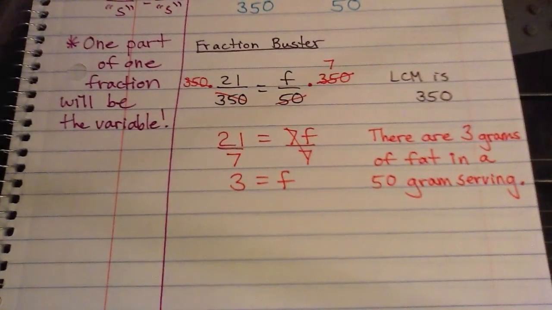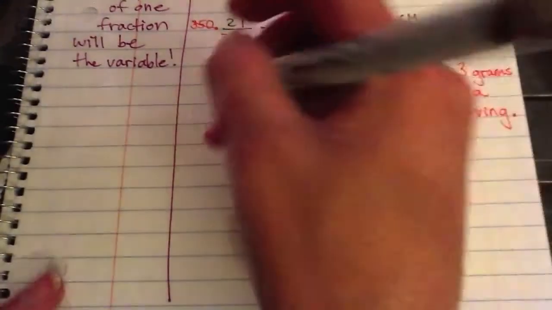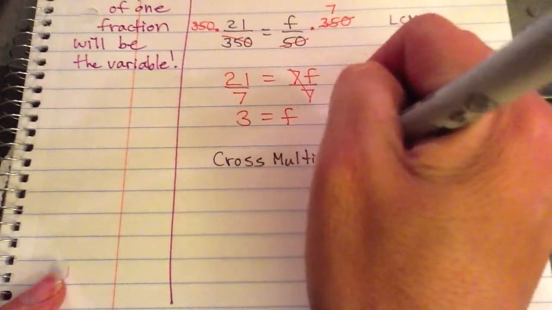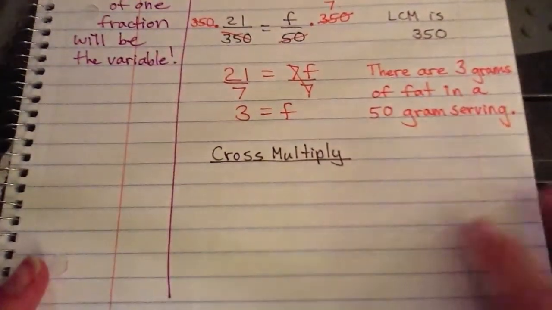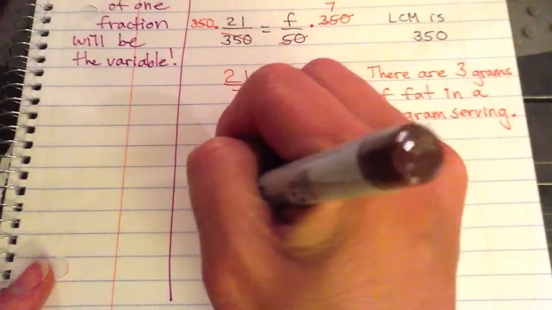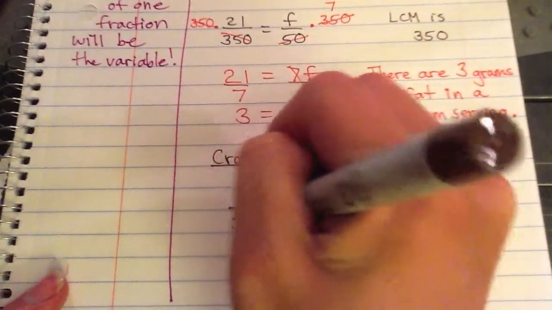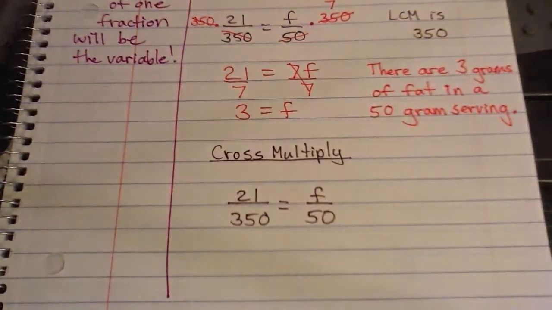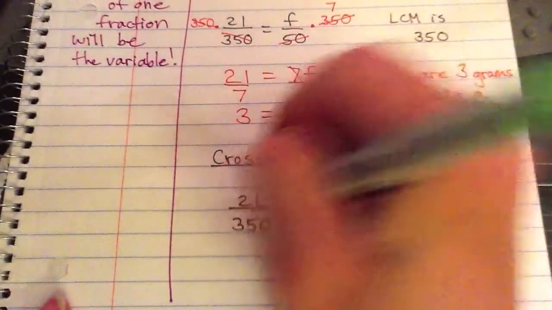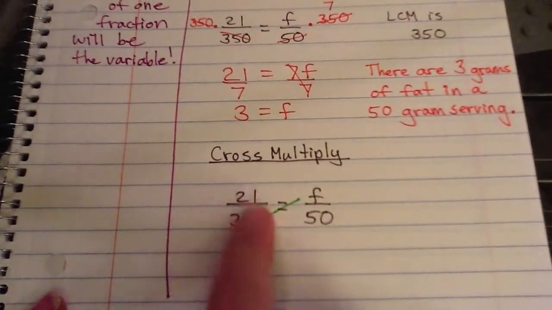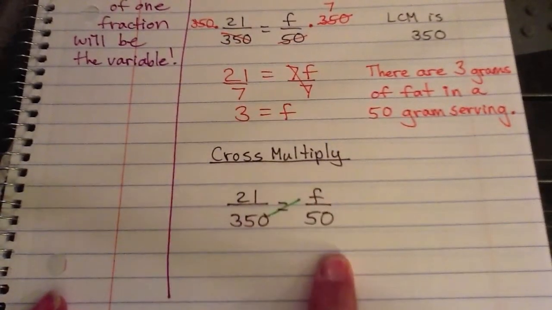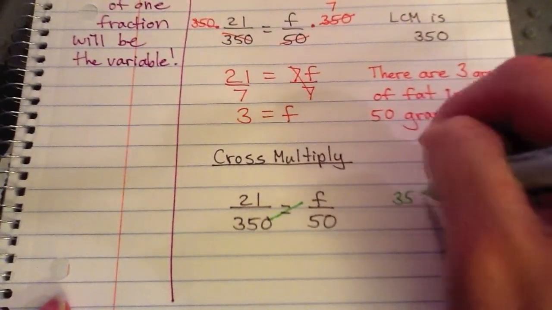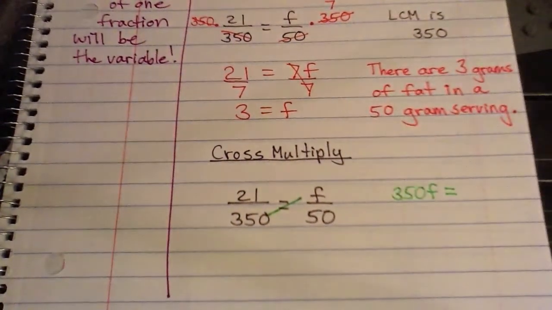Okay, now I'm going to show it to you cross-multiplying just so you get to practice both. Sometimes it really is better one way or the other just based on what the numbers are. So I have 21 over 350 equals f over 50. And when I go to cross-multiply, I'm going to have 350 times f, and it doesn't matter which one you want to go first with. It's just one will end up on one side of the equal sign, the other one will end up on the other side. So I end up with, I'm going to go ahead and write over here, 350f equals